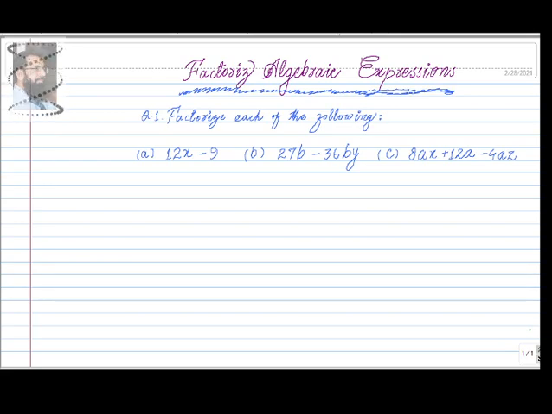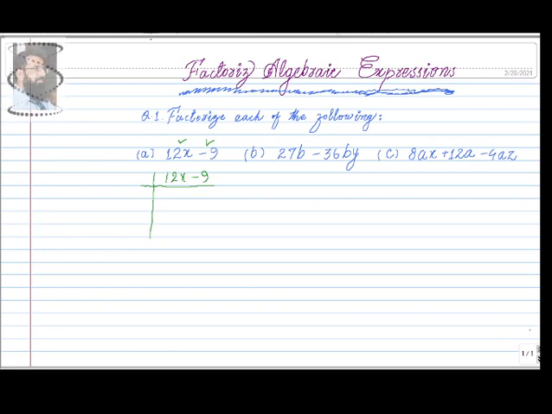Here in this video, we have three algebraic expressions as you can see here, and in the first of the examples you can see it has two terms, 12x and minus 9, and we will be finding the factorization by using the HCF method. And what we'll be doing, we'll be writing the same terms here, 12x minus 9, and now